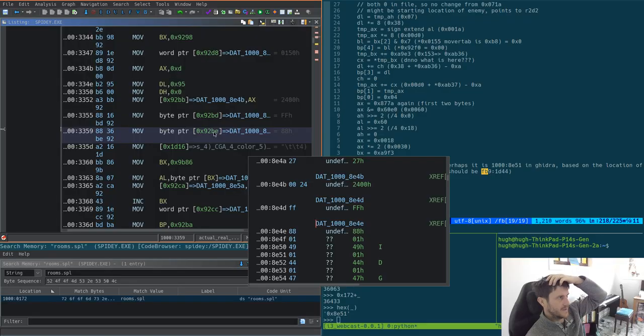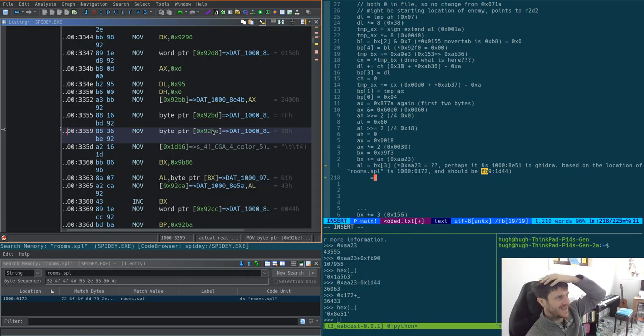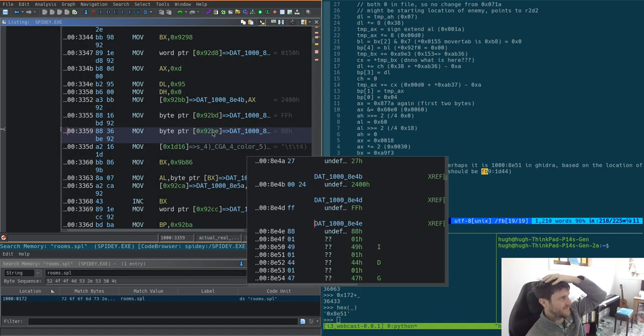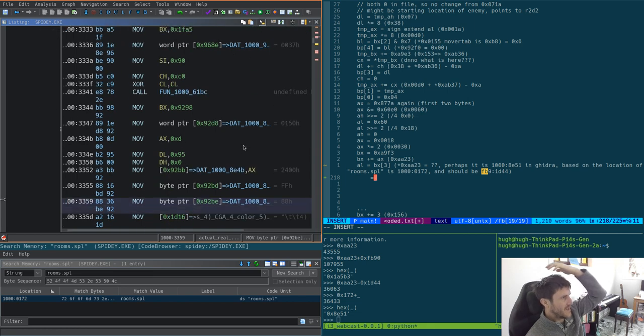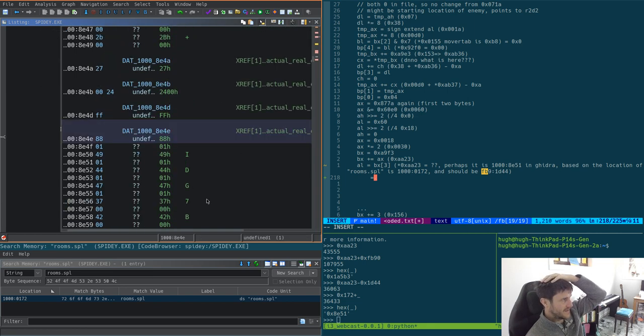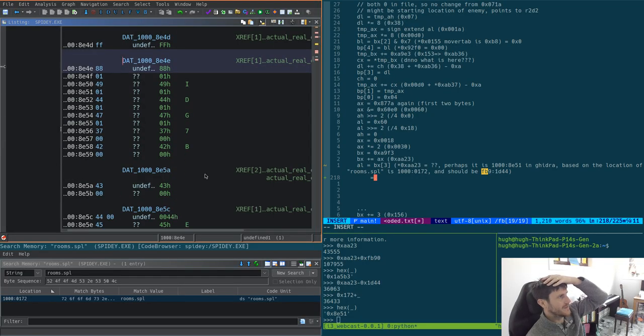Where it reckons it's 92BE. That doesn't make sense. But I guess if that's 92BE, then